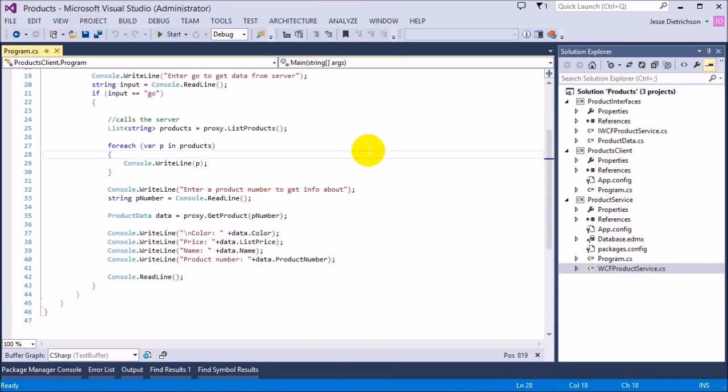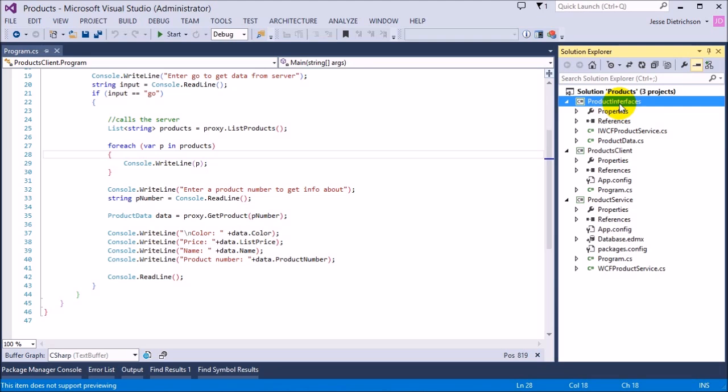Okay, so now let's quickly talk about what is a metadata exchange endpoint and why do we want to use it. So how this application was set up is how I'm most likely going to do the applications going forward, because I like this method, like I said before. Basically, because I am the creator or programmer of both the service and the client, meaning I'm creating both ends of this application, meaning I have access to all the information I need. So because of that, I created a product interfaces project which contains the information that the client needs from the